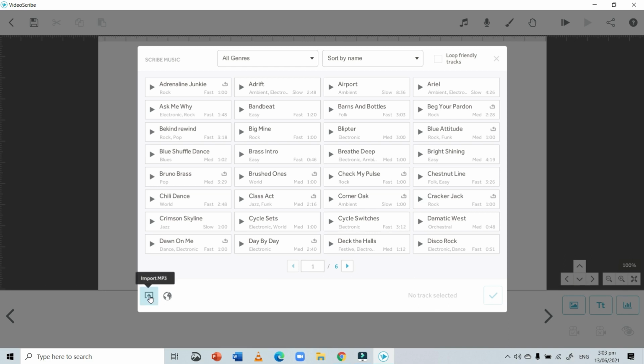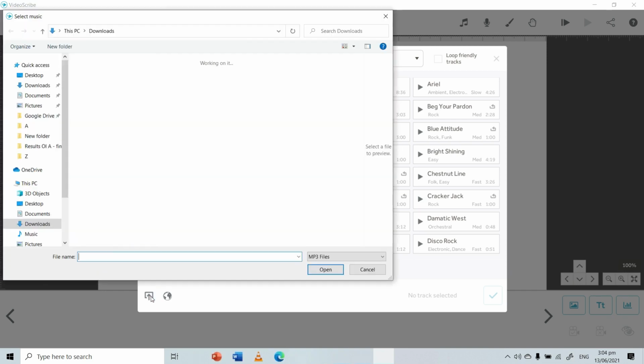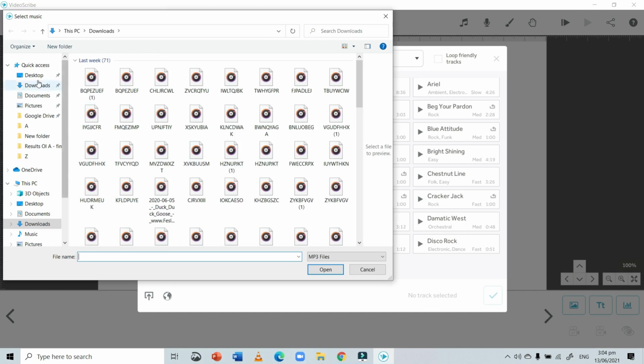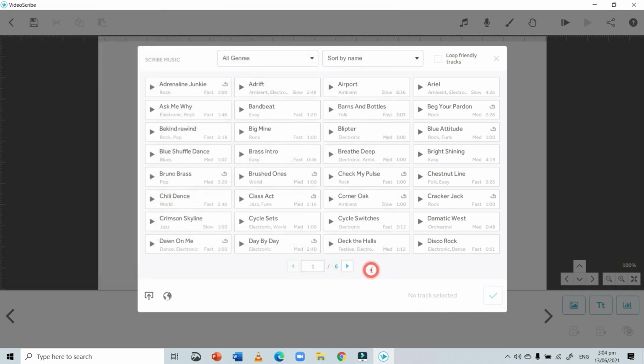But for that you must have the mp3 file there in your system, maybe in the downloads folder or somewhere in your system the file should be there. So you can easily import it from here. When you click on it, the dialog box opens up and you can locate the file in your system where you have kept it, and you can just click on open and the file will be imported.